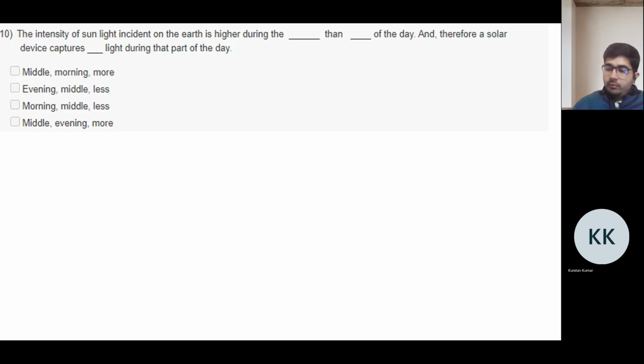Question number 10. The intensity of sunlight incident on the Earth is higher during the middle of the day than morning and evening, and therefore a solar device captures more light during that part of the day. So in one slide we have discussed that suppose